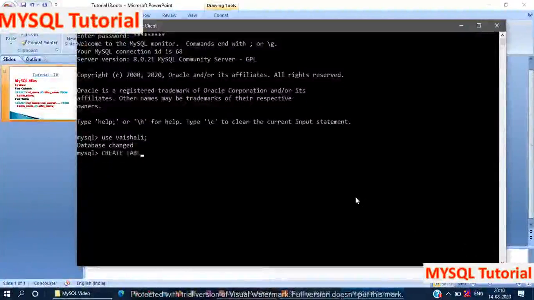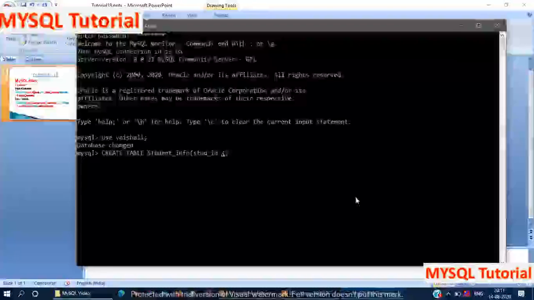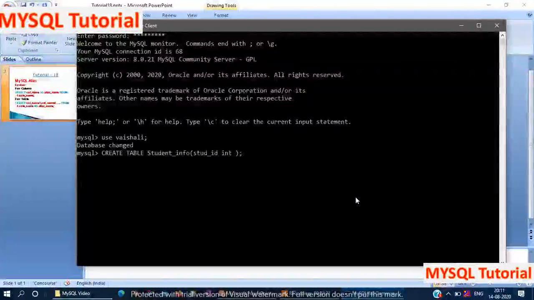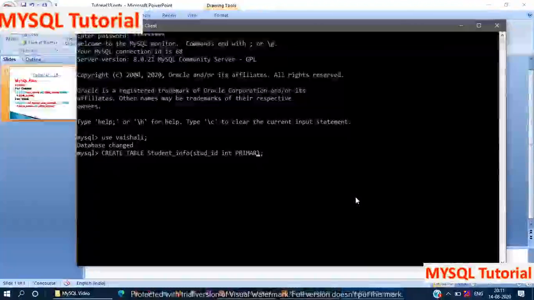Create table student_info. Then give the column names. Student ID contains a primary key, which is not null.